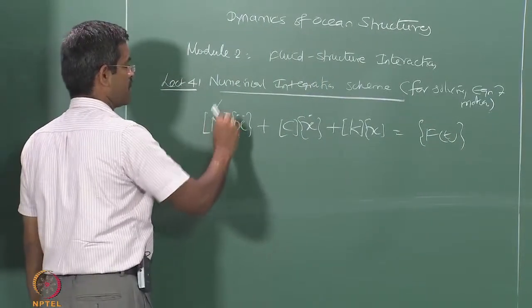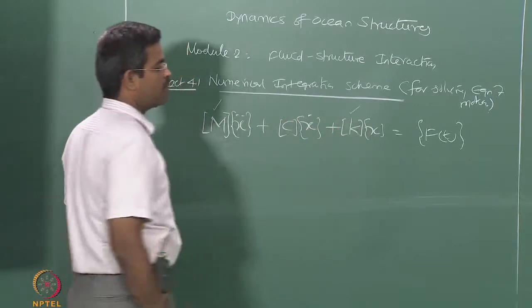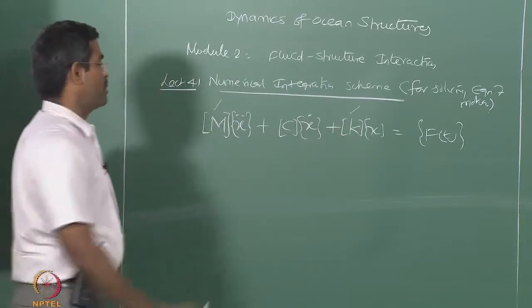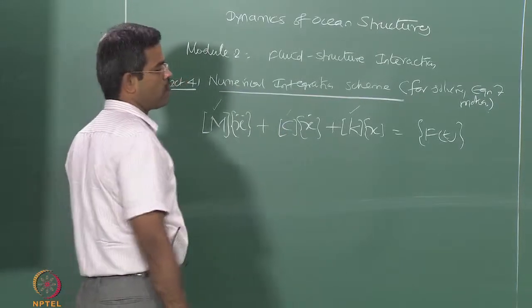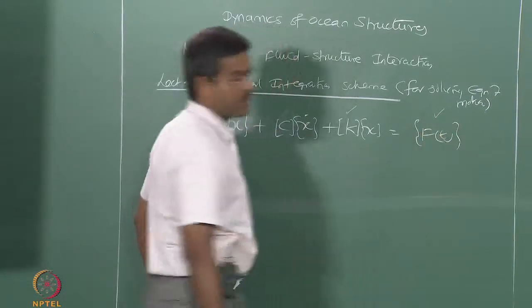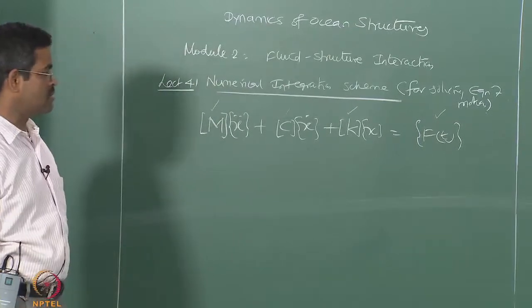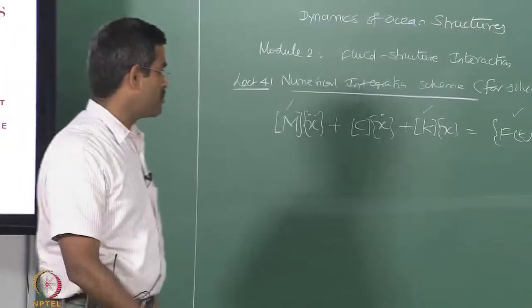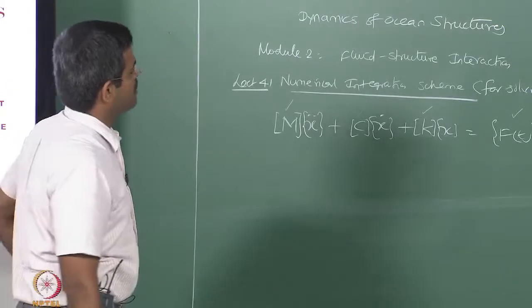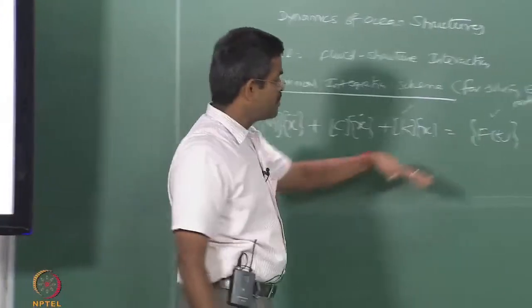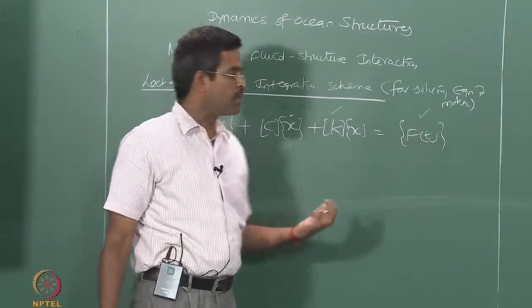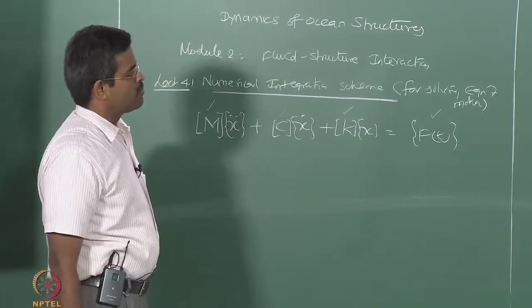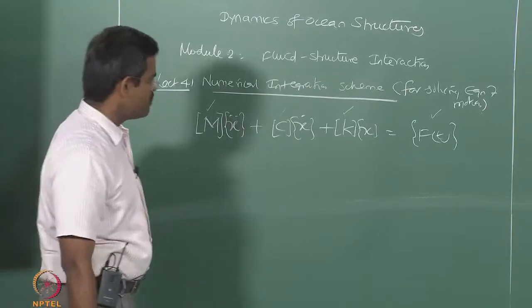For example, the mass matrix, the stiffness matrix, and based upon the Rayleigh model we can also work out the C matrix, the damping matrix, and then of course I can work out the f of t for different kinds of forces. For example, in the last lecture we discussed forces arising from impact and non-impact waves. In the previous lecture we talked about forces arising from seismic effect on tethers. We also talked about conventional forces coming from springing, ringing responses, and aerodynamic loading from different spectra. So we know how to work them out.